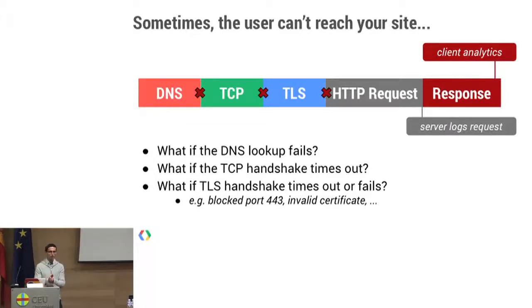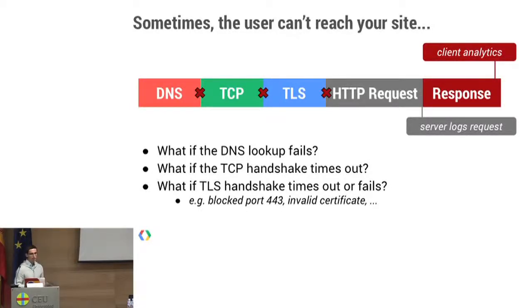Not only that, but even if it hits your web server, you may not record it if you use client-side analytics. So all those cases are just completely lost. We're in the dark, right, in terms of how many users are failing to reach my site. Maybe there's an entire region of the world where my site isn't accessible because of, I don't know, network misconfiguration. So the very large sites can, of course, build some infrastructure to address this,